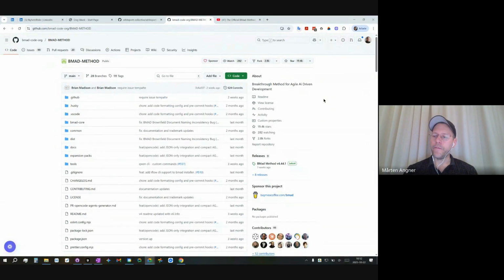And then we have the UX expert that takes the project brief and makes interface specifications. And then we have also a Scrum Master that takes everything and breaks it up into stories and epics. And then we have a developer agent that develops the thing, and a QA agent that will test it all